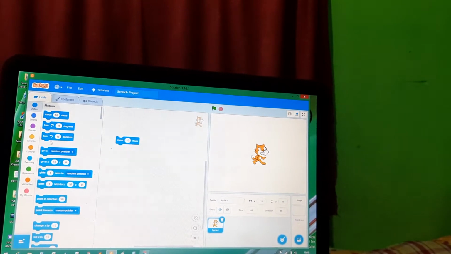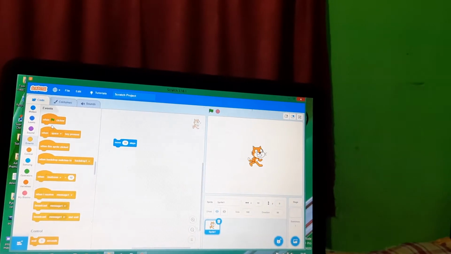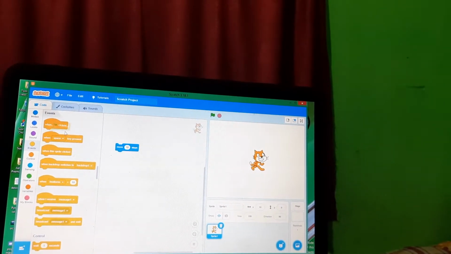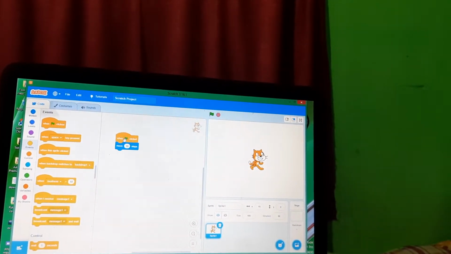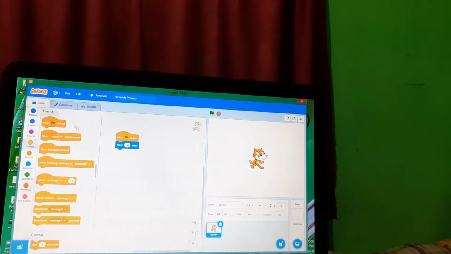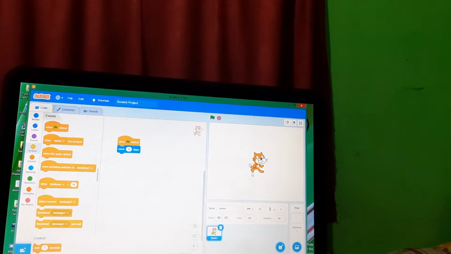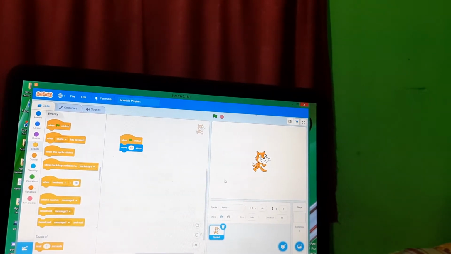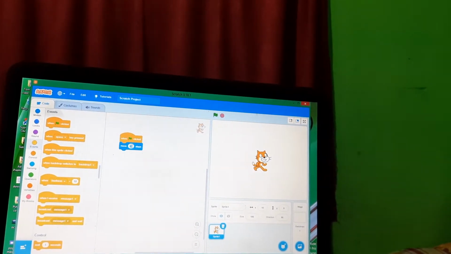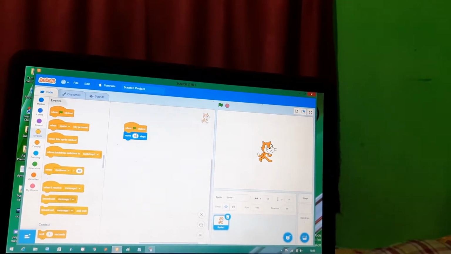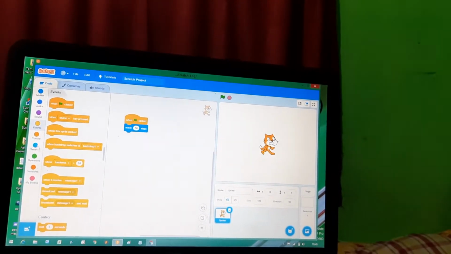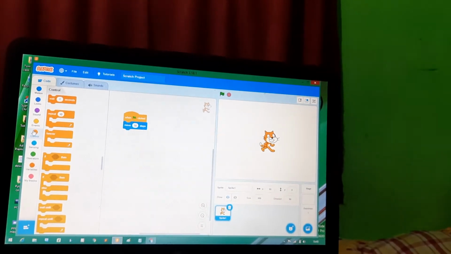Or you can go to the events block and choose this one. Now my point is, suppose you want it to walk for 50 steps. How can you do it? Either directly you can write 50 here, or you can use the control block.